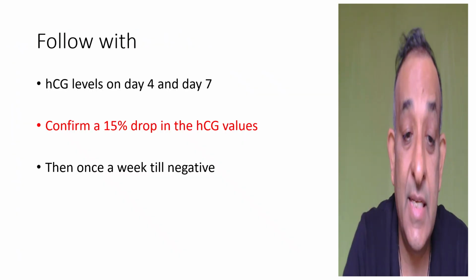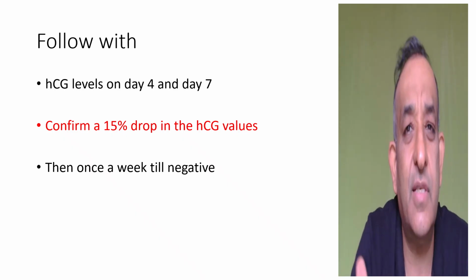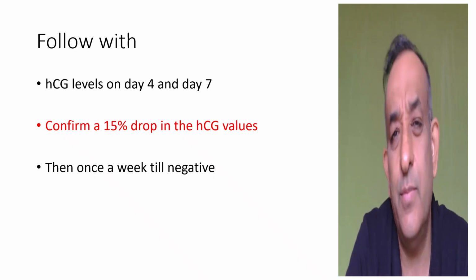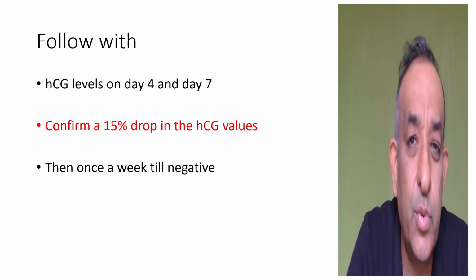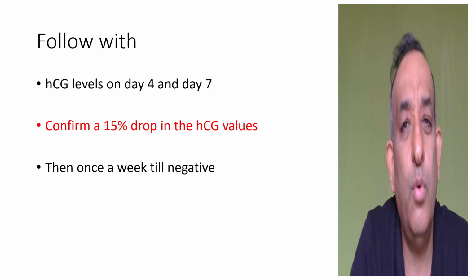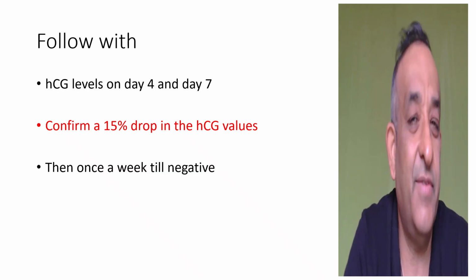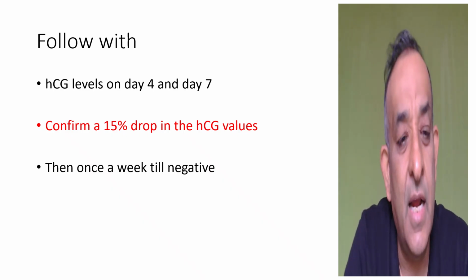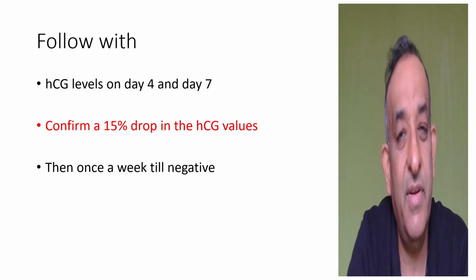So when we're doing this, after the methotrexate injection into the sac, we also give another methotrexate intramuscularly to this patient. It is around 1 mg per kg body weight methotrexate which we give. So we gave 50 mg into the sac, and we gave around 50 mg intramuscularly into the buttocks of this lady, and that makes sure that the tissues will eventually degenerate. So the HCG levels were done on day 4 and then on day 7, and from day 4 to